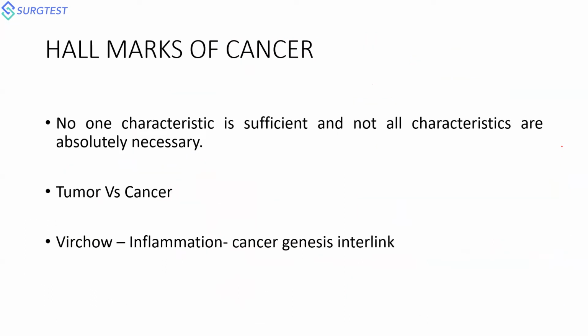So I said there is not one particular characteristic which is sufficient to cause cancer. Out of the 10 characteristics of hallmarks of malignancy, there is not only one particular characteristic which is sufficient, and we do not require almost all the characteristics to cause a malignancy. It is just an imbalance that occurs within the normal body mechanisms which propagates a conducive environment for malignancy. So we will be discussing each and every particular characteristic and how each one of them causes malignancy.